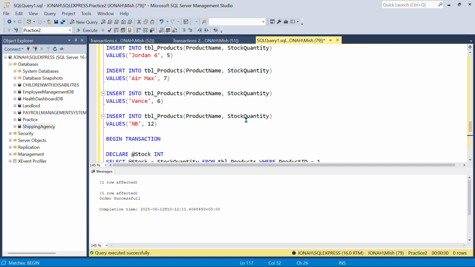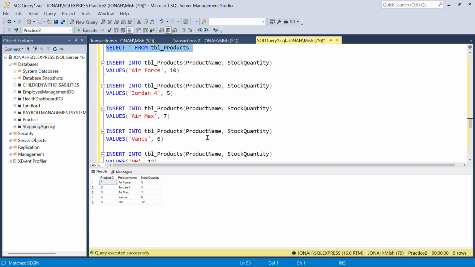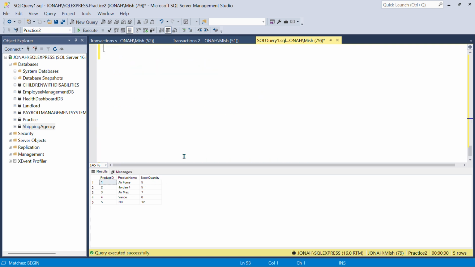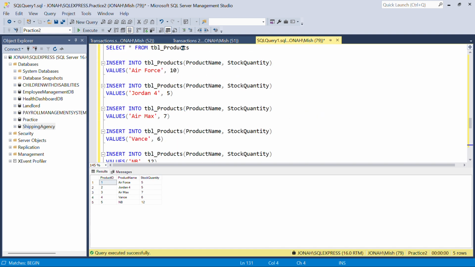Now you can check the products. Now you realize the Air Force is 10, but because we didn't make this purchase, we didn't buy 5 pieces, the stock didn't reduce. So now if we select all from, I just copy this, select all from order details,